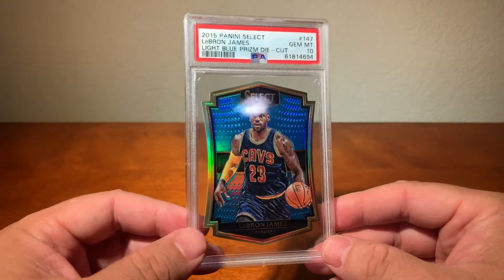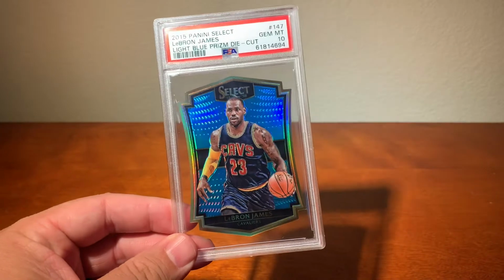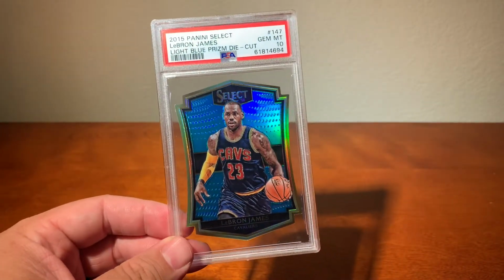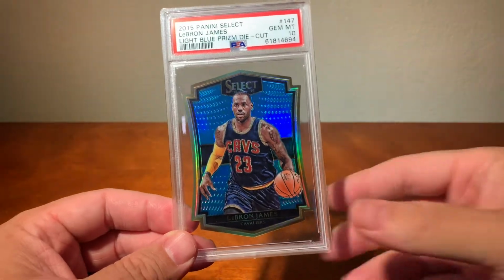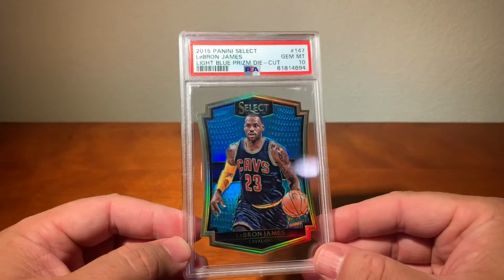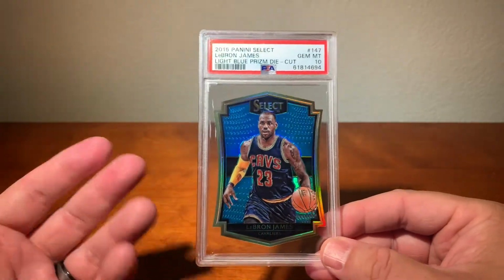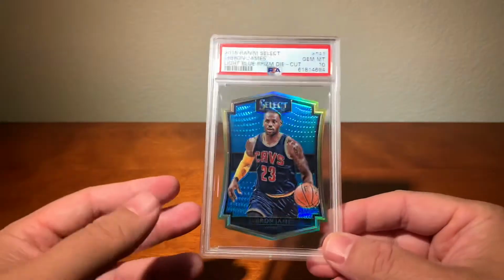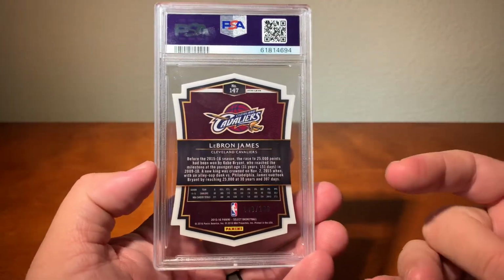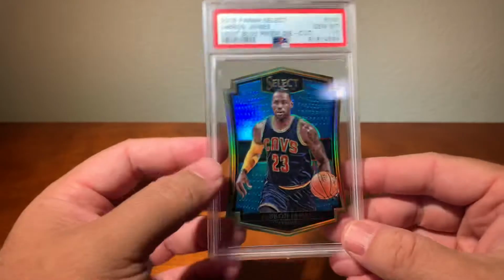But I can't even venture a guess as to what the value is of this card. My guess would be somewhere between $1,000 to $1,500 for this one card right here. I don't know if I'm going to let this go, honestly. I think it's absolutely sick. I don't think it's the most expensive card in my submission, but damn, I mean,